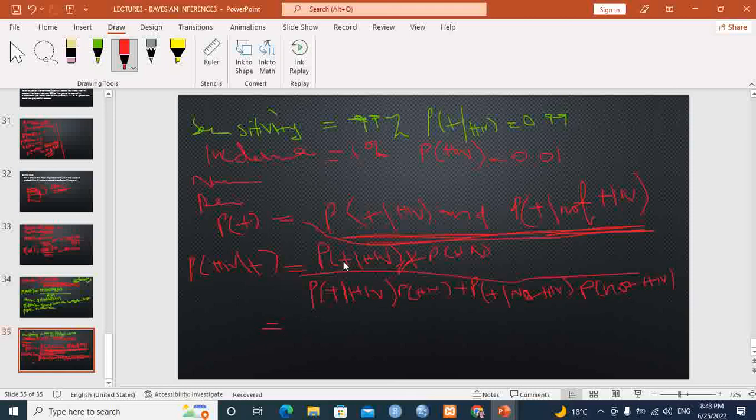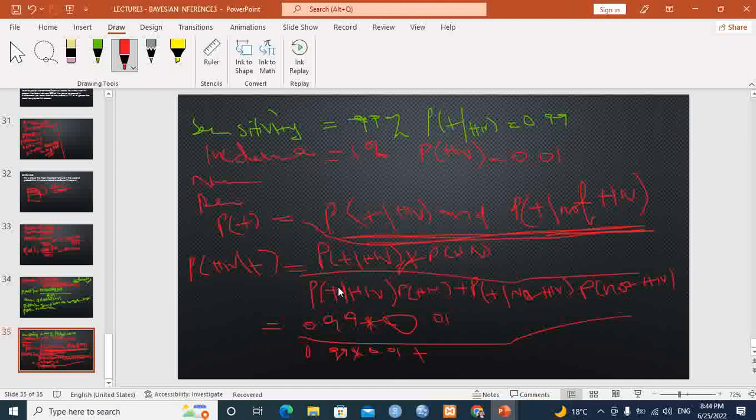So probability of positive given HIV is the sensitivity test, which is 0.99, times probability of HIV, the incidence rate, which is 0.01, divided by the same term, 0.99 times 0.01, plus